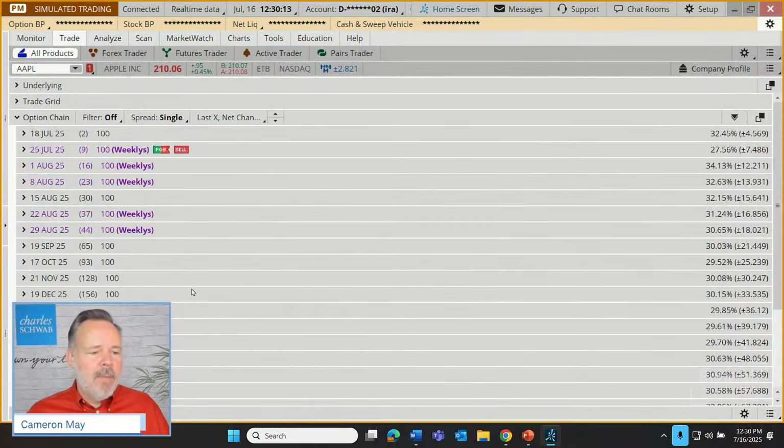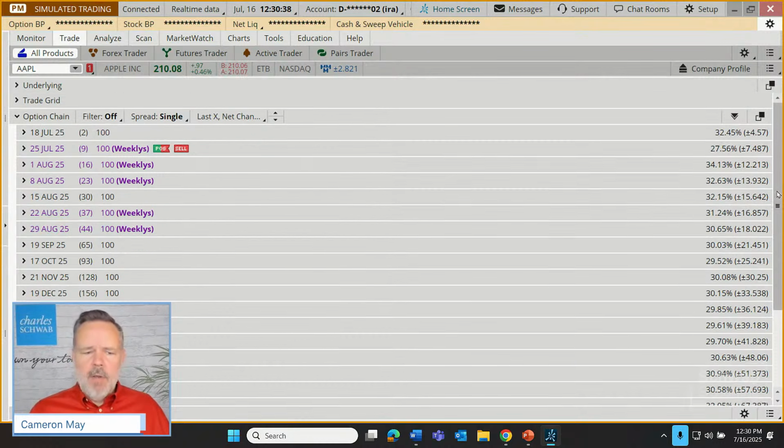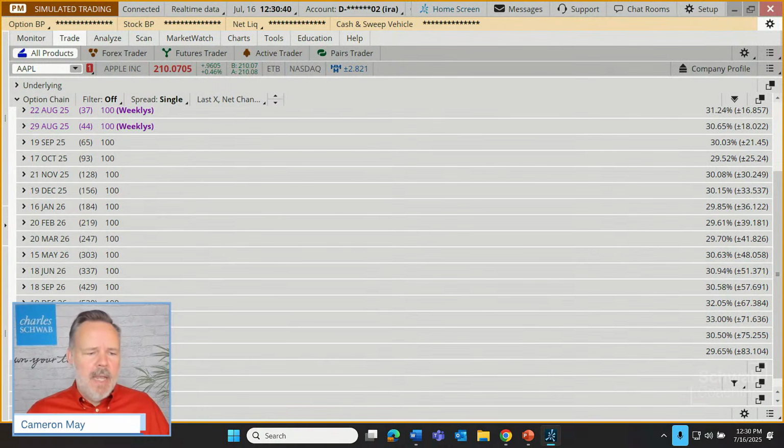Let's move on to a popular one, the option chain. Option chain, this is obviously targeted more toward those that are actually interested in trading options. But this is where we'd go to find options related data and plan and place those trades. So we can see here options available on Apple that go all the way from 2-day contracts all the way down. Let's just scroll on down all the way out to 884 days.